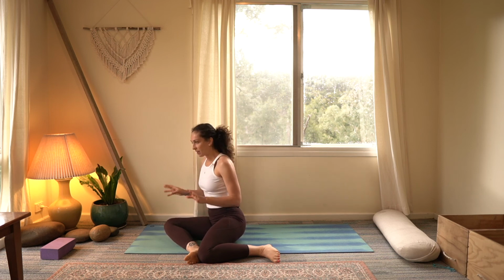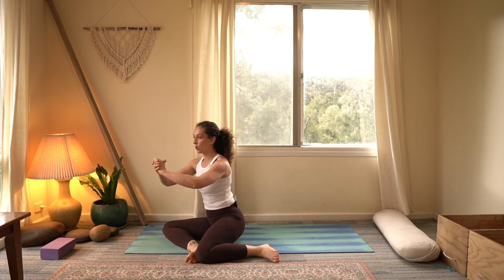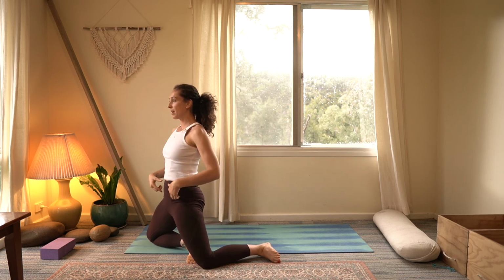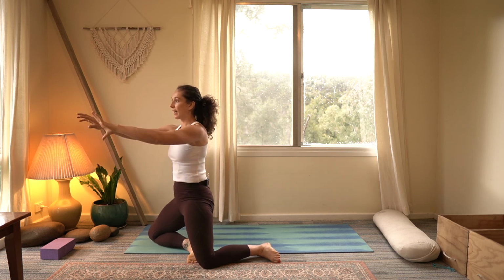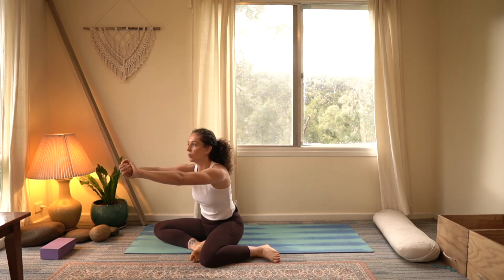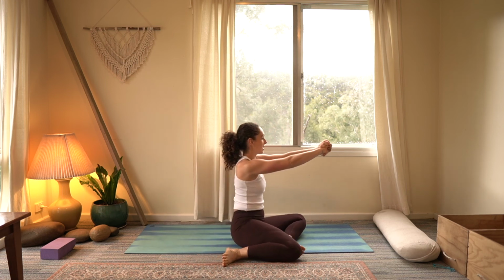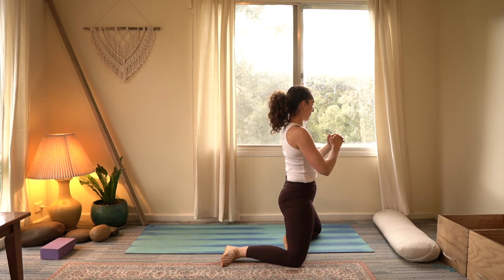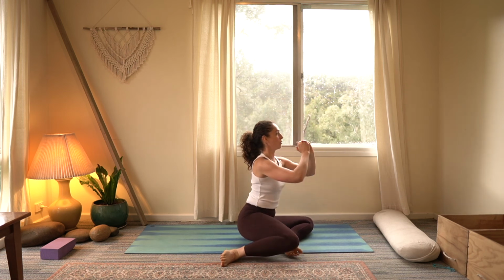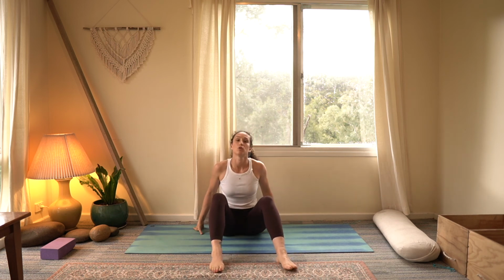Okay, let's try again. If that was challenging, then just do that one again. If you felt like that was manageable, then see if you can go without hands. So using the legs and the hips to press you up, hips forward, and then again, lowering down, nice and controlled, and coming through the middle, and pressing up, down with control,